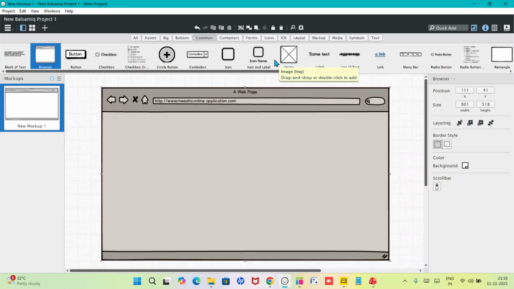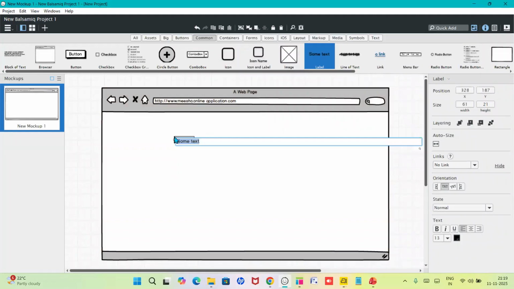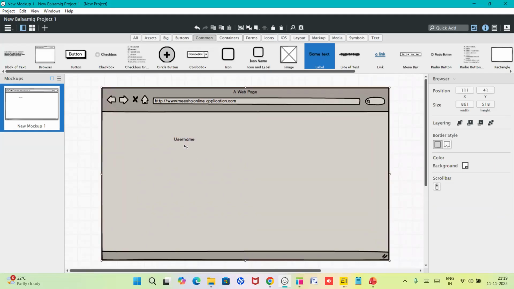So for registration, we need whatever we are using for registration. To complete that registration, we are going to take the details like username, password, and email, right? So I am taking the same things here. This is the sum text we are having. We can use this to give username. Like I am writing username here. So this is how I am showing the username, and here I am giving a